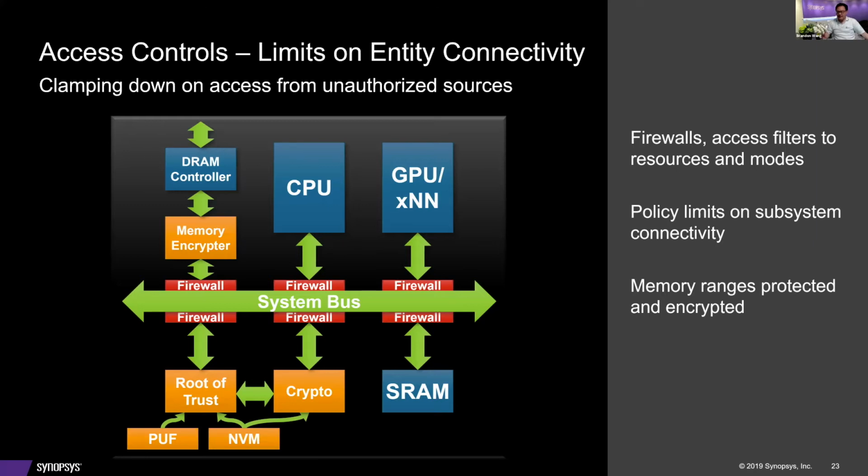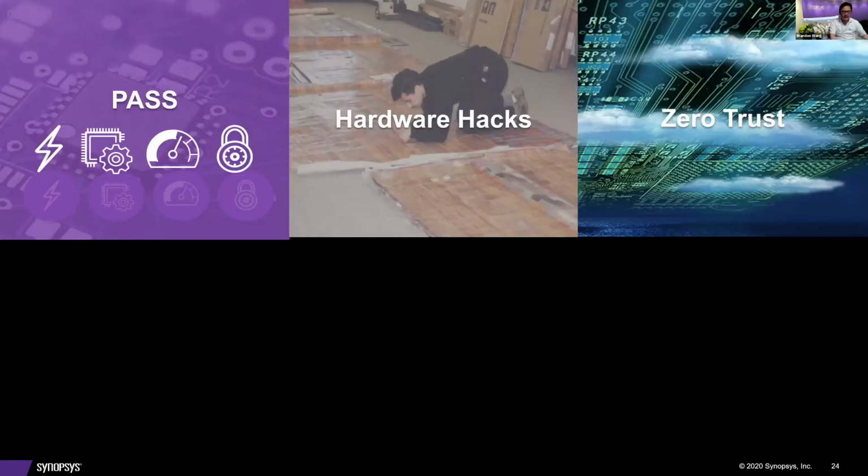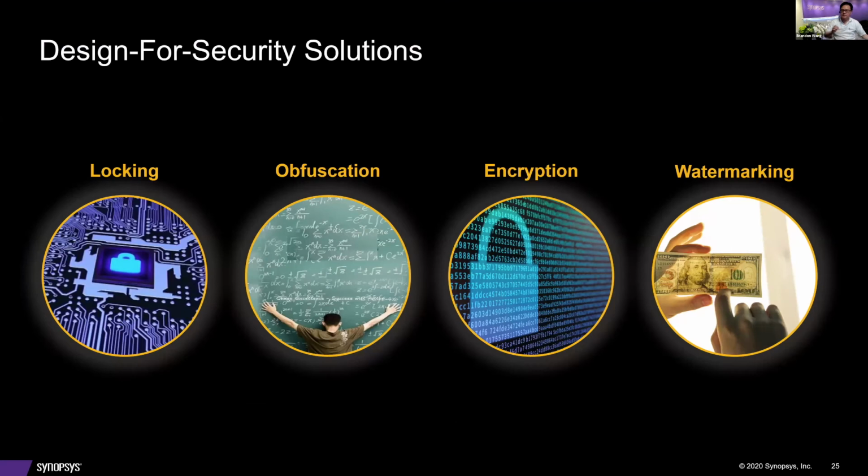Furthermore, we added analytics to the mix, and now you can detect a device that is compromised or fully off the rail. So really, with all these newly added elements, you need a set of tools and infrastructure to go together and work for the mutual benefit of this product. And that tool has to be started at the lowest level when the design process started. And that is design for security solution.